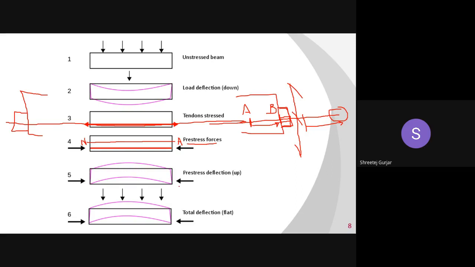See, it takes this hogging shape. Not your sagging shape. It would have sagged if the tendon was above your neutral axis, right? So we do not want it to sag, because sagging is bad. We need it to not sag. So what we do is, we place a tendon below your neutral axis, and that compressive force lifts up your beam. It causes hogging action, as seen in the fifth figure. Okay, so pre-stress deflects up your beam.